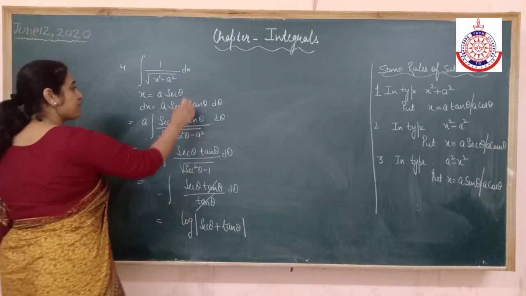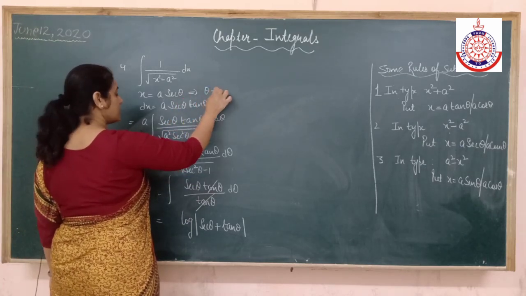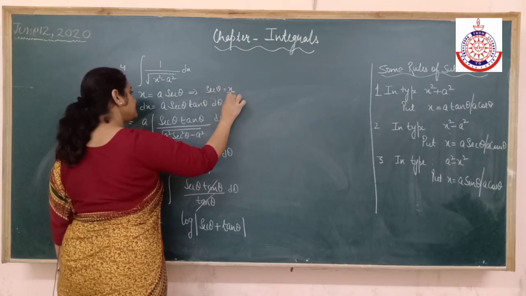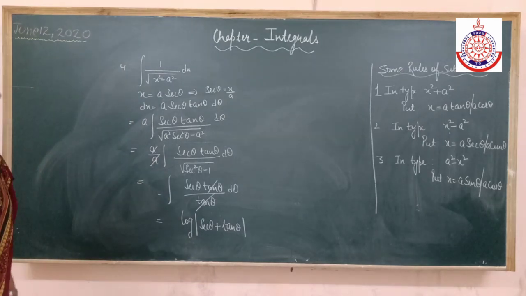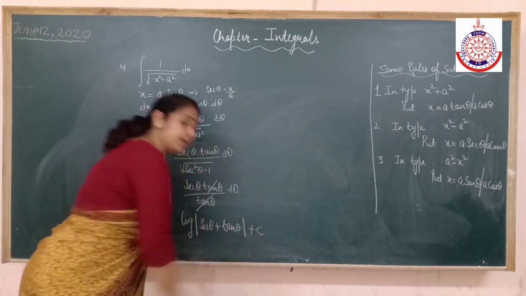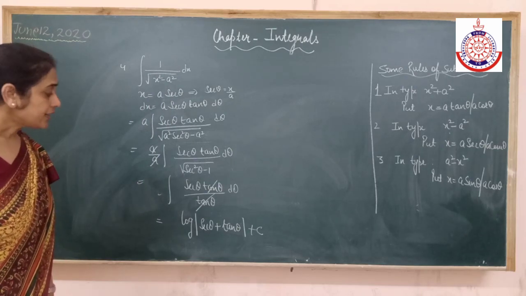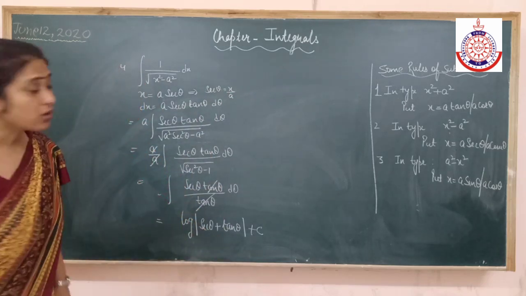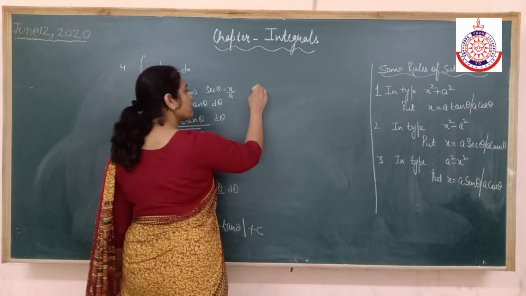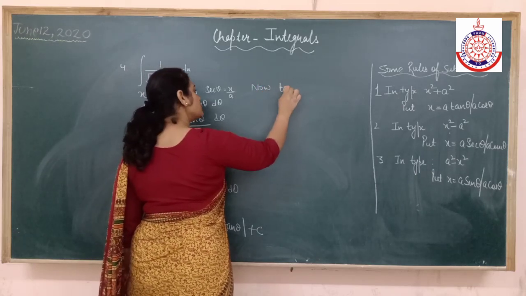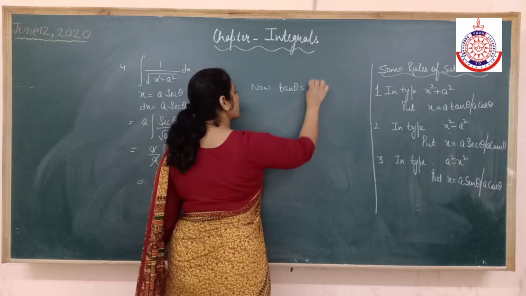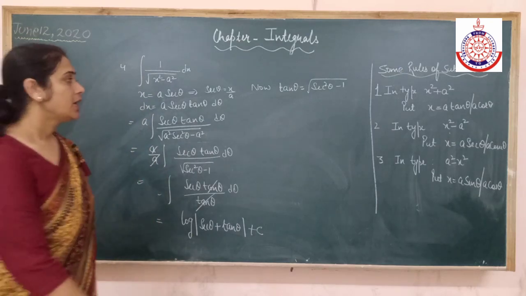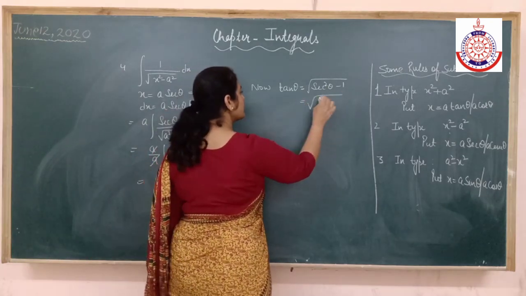Now see, from here I can find the value of theta. Secant theta is not a problem. What is secant theta? Secant theta is x by a. But along with it, what did we forget? C, very important. We should not forget this. Alright, now I have the value of secant theta, that is x by a, but I need the value of tan theta also. So we have an identity. What do we know? Tan theta is equal to under the root secant square theta minus 1. Let's put the value. What is secant square?